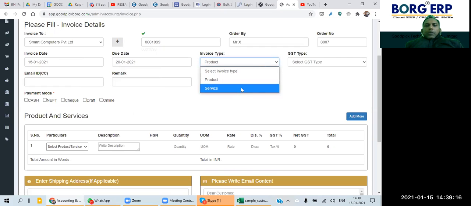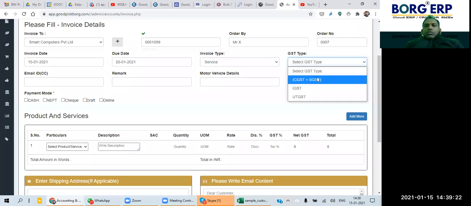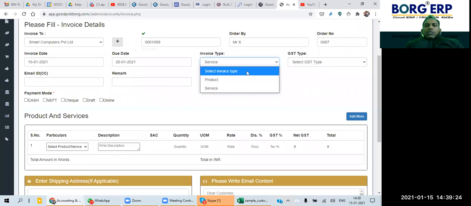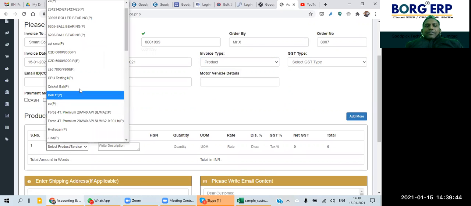Then there is an option whether I want to bill a product or services. So let me select service. Here one more thing to be mentioned: if you are selecting a product type invoice, then you will select that particular product from the product list here.